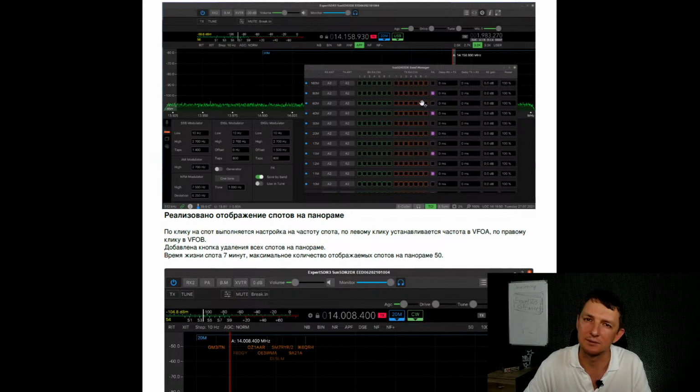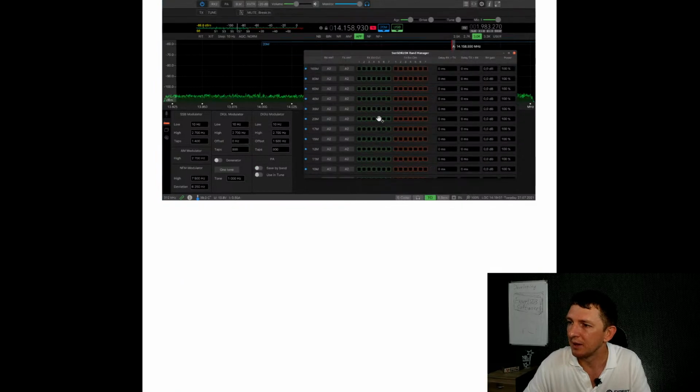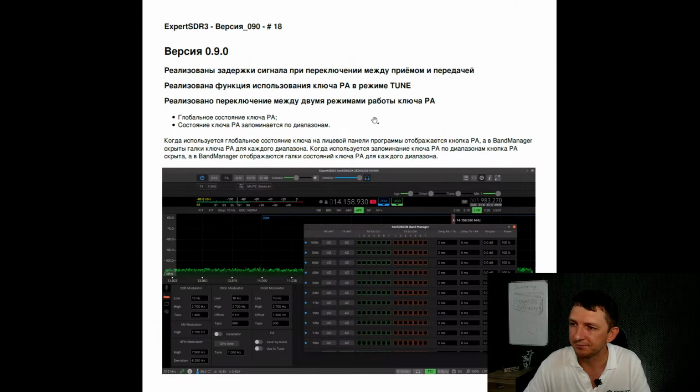You can set a checkbox for each band and use the external PA if you want, but you cannot switch off all these checkboxes simultaneously, and you cannot do it fast. And in the new version 0.9.0 we added